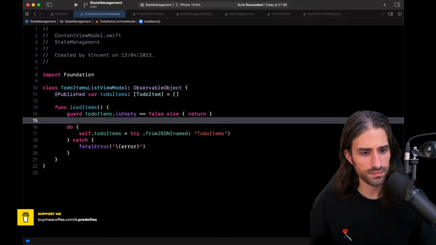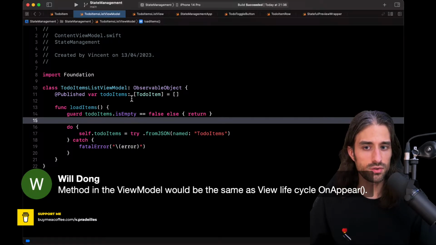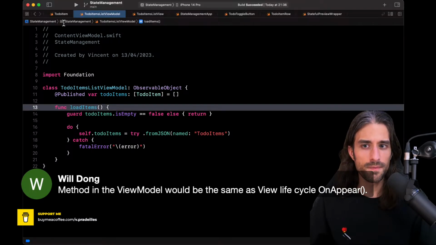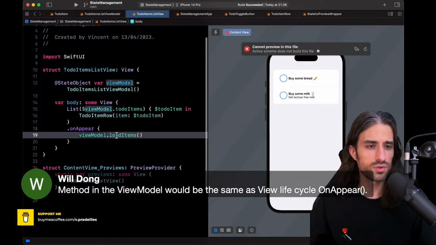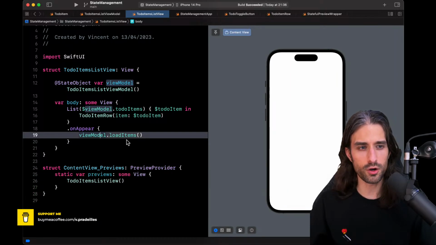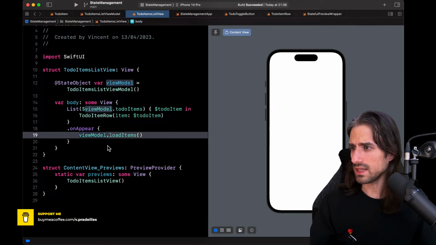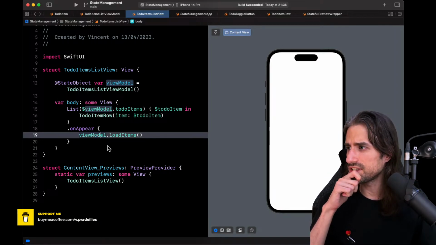Okay, so having a method like onAppear inside the view model can also be a nice solution, because what you don't want is to need to call several methods on the view model, because that's super error prone. So having methods in the view model that mirror the life cycle of the SwiftUI view makes a lot of sense. So I think now it's time we implement the actual sorting.